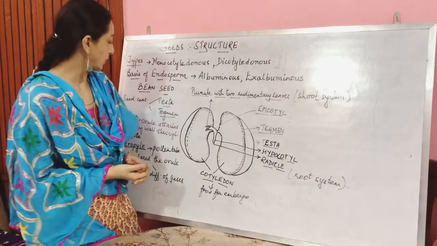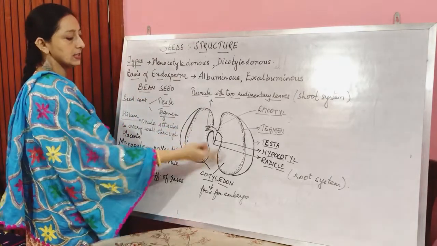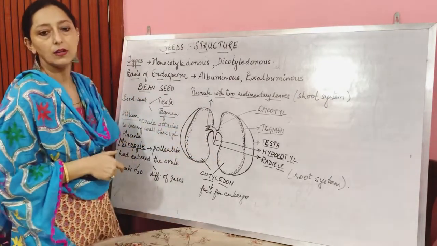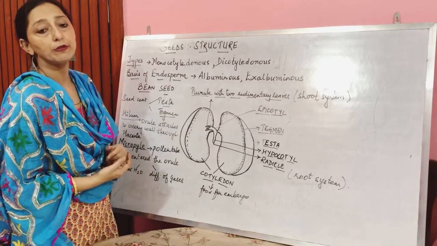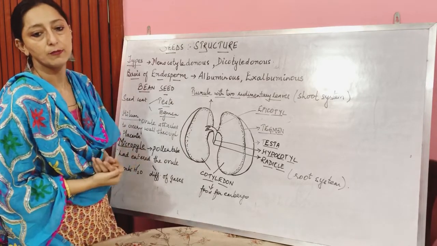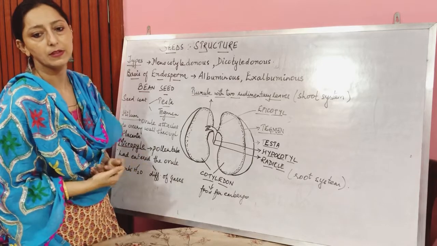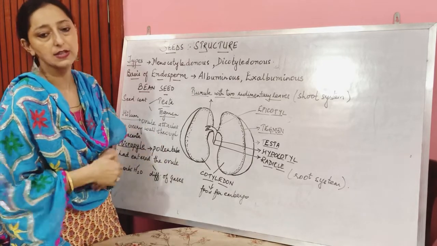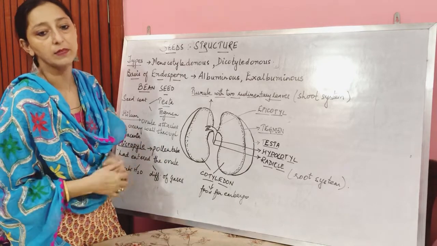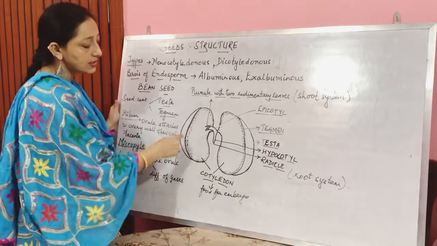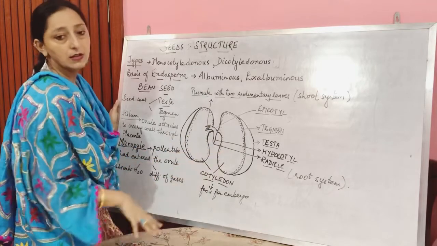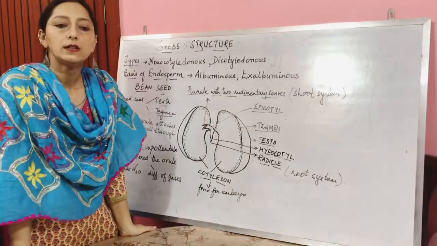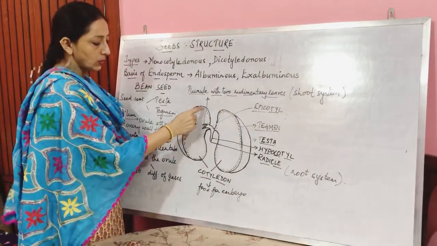Now come to the structure of bean seed. There are a number of different kinds of bean seeds, such as broad bean, lima bean, French bean, etc. But the general structure of the seeds is, as we have already discussed, the same. Most of the seeds are kidney shaped. Now this seed coat,